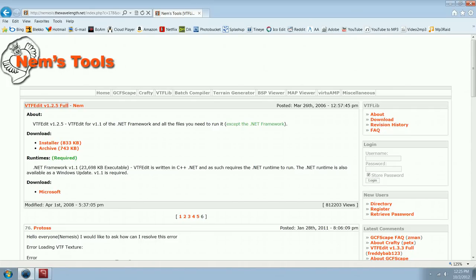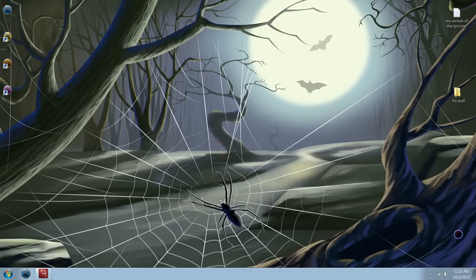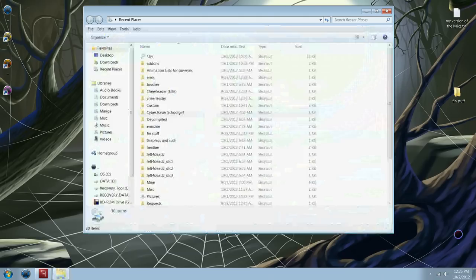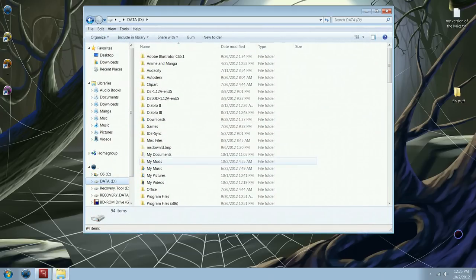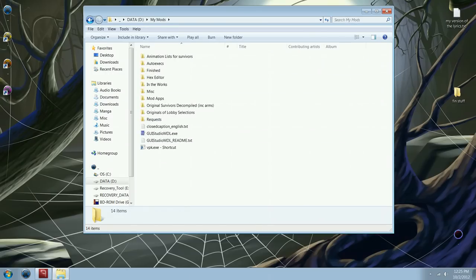The last thing that you're definitely going to need is some kind of a hex editor. Now, I personally have everything all neatly organized here, and I do suggest you do the same. Make your own little folder. Mine's just called My Mods, very creatively, and then go in and